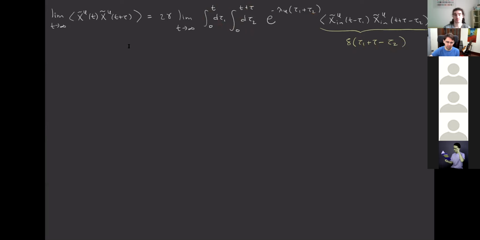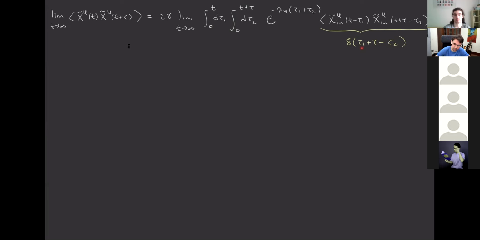That's kind of true, but we have a small problem. That is the small issue of the integration limits, okay? So we have an integration limit that goes all the way up to t and another one that goes to t plus tau. So which integration limit should we use? So this actually depends. So you have to be careful. You have to really analyze carefully